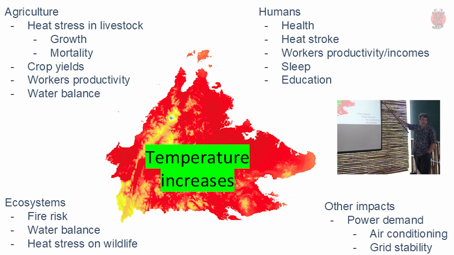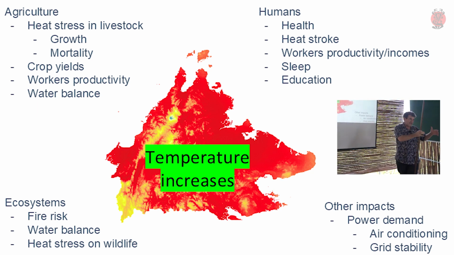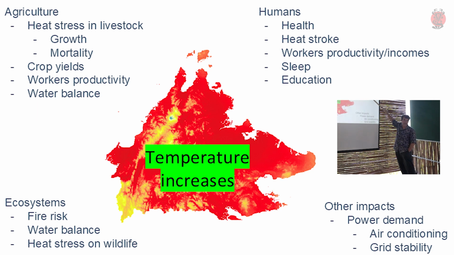We've also looked at how it might impact different workers. You can have a temperature of the heat stress index, and then based on what type of work they're doing, you can work out how many hours of work they're going to lose, okay? You can also, if you really want to, look at how much sleep you're going to lose under warmer conditions, and how much worse your students are going to do in their exams. Okay, there's science which basically allows you to say the PISA scores decrease by X for every degree of warming.